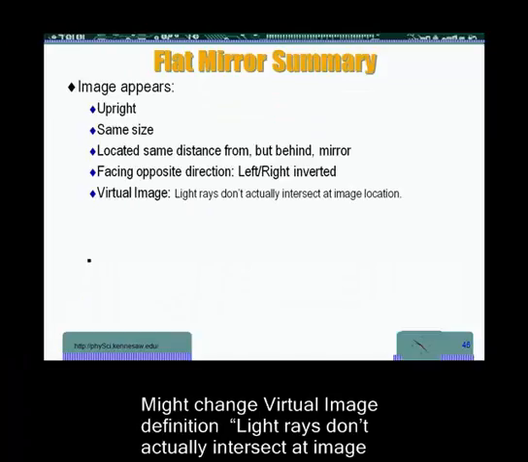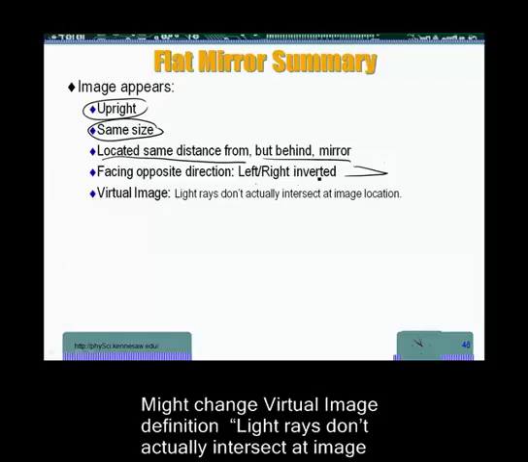Now, in summary, for flat mirrors, we have an image that's identical to the object. It is upright, same size, same distance from the mirror, but behind it, the image distance is the same as the object distance. It faces the opposite direction. It's left-right inverted relative to us. And actually, if you think about it, it's left-right inverted